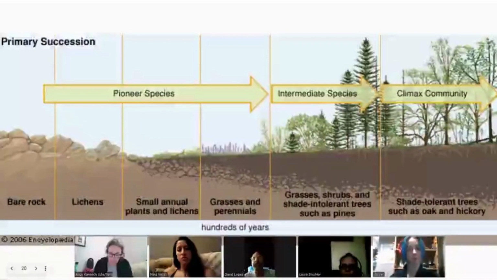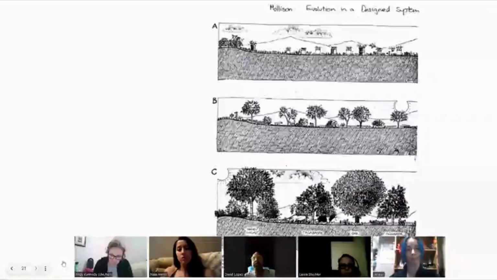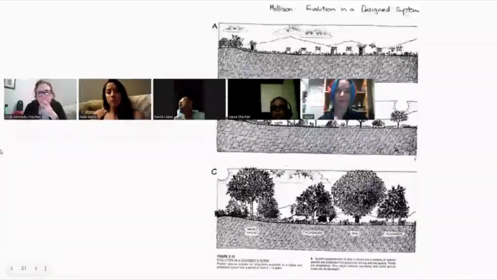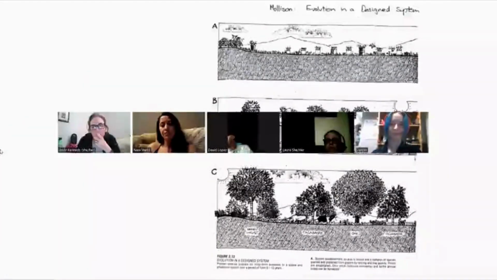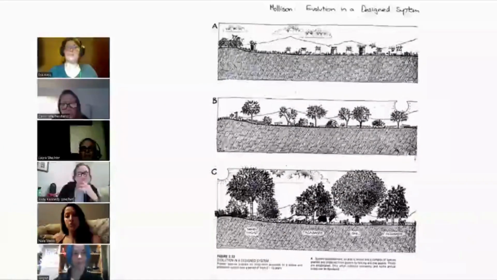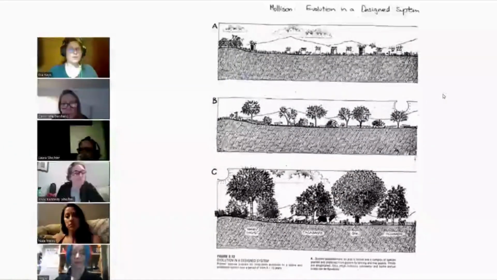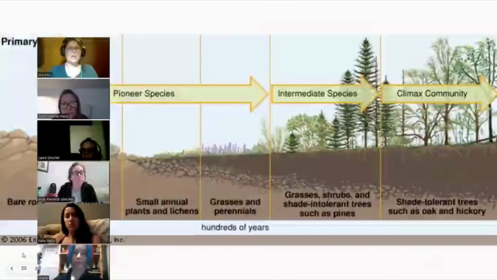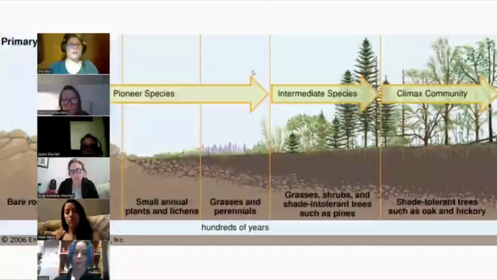All right, now let's look at this through a permaculture lens. Okay, so Mollison, this is a diagram from the Permaculture Designer's Manual, and this is an evolution in a design system. So Mollison took a very low succession. Let's just hop right back over super quick. He started with